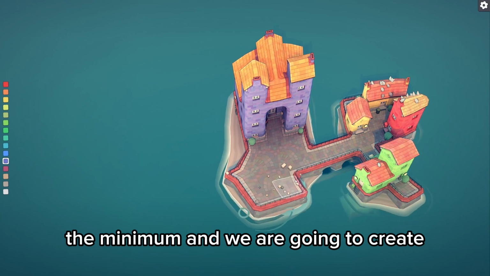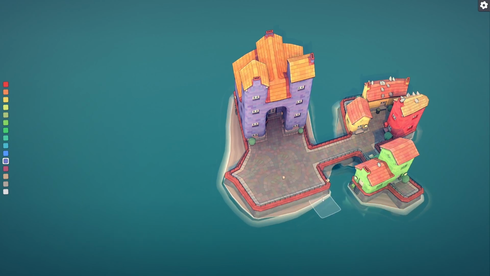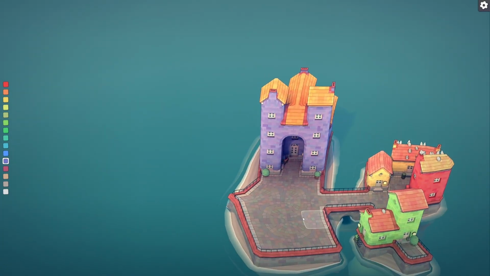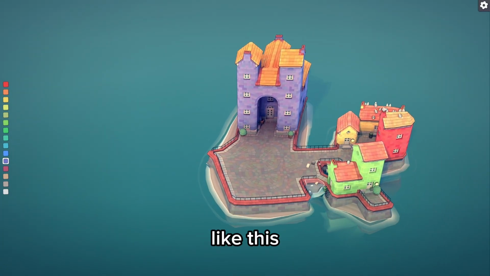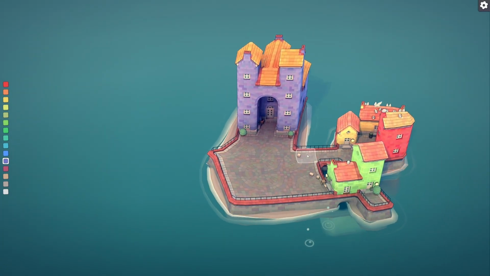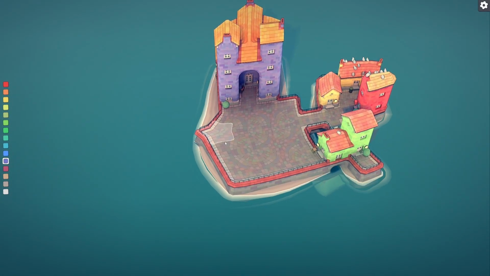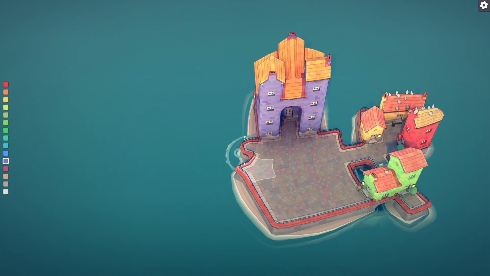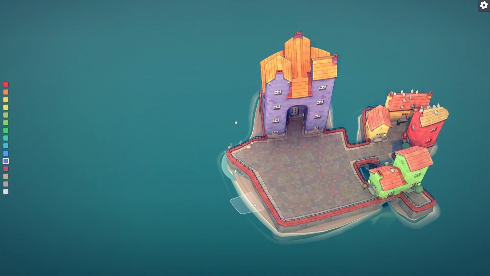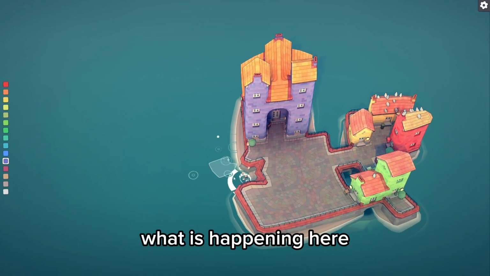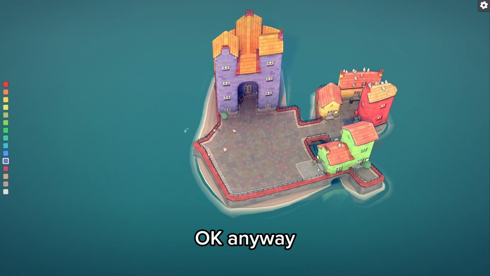And we're going to create a square that is gonna be like this. Okay, for example, what is happening here? Okay, anyway,